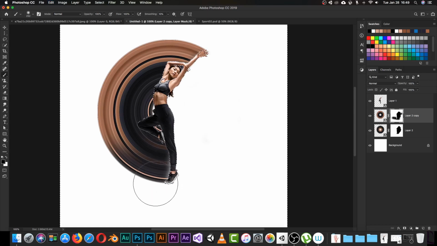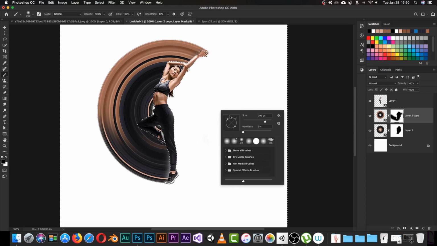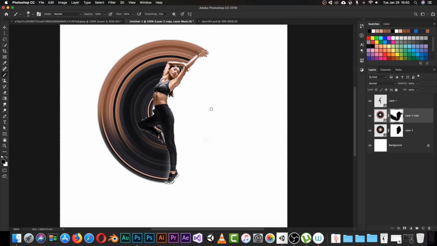I want just this area here to be like this, and now we have like this transition between the hand and the pants like this. That looks really cool, guys. Now we have some transparency in this area here. I will resize my brush tool. I will hit X on my keyboard to switch everything,